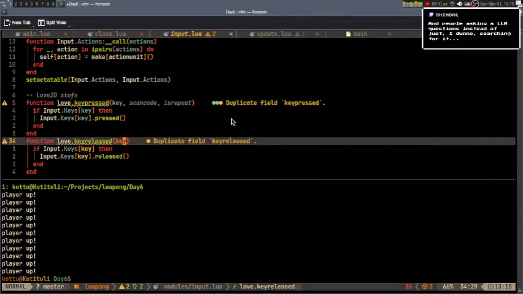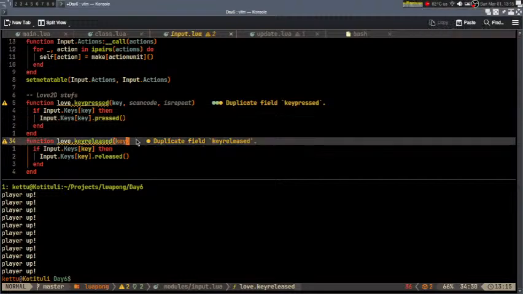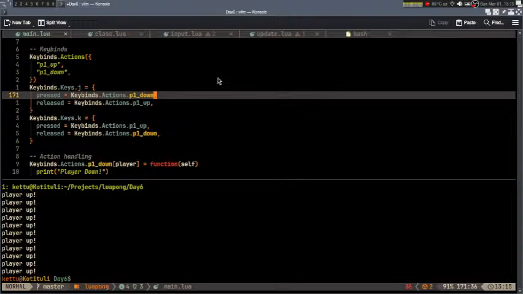Okay. It is happening twice, which means it is grabbing on release and on pressed. Unpressed and unreleased. But the problem is it is